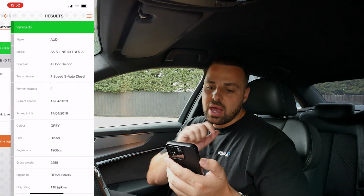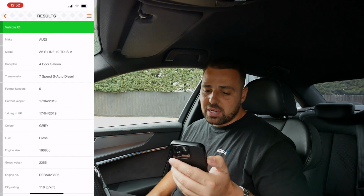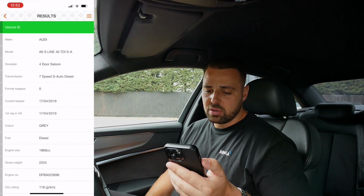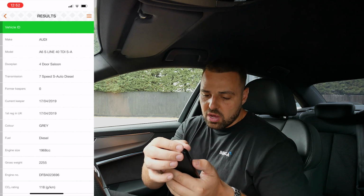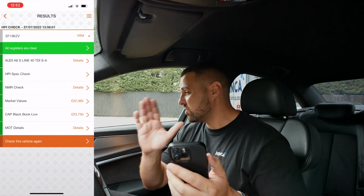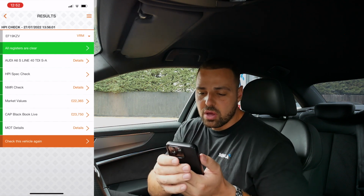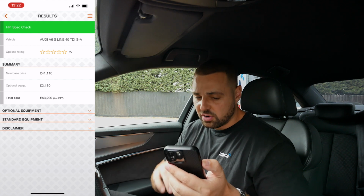Back to the HPI, Audi A6 S-Line, 40 TDI with a 7-speed auto diesel gearbox, zero former keepers, which is great. The first keeper bought it in April 2019, which is when the car was first registered. 2 litre diesel in grey. I like the colour, by the way. Love grey cars. I think it's very sleek, classy. I just like the colour grey. All right, so HPI spec check. It's not showing the stars anymore. Don't know why HPI isn't showing the stars anymore, but